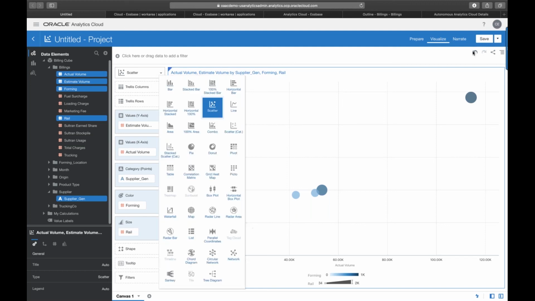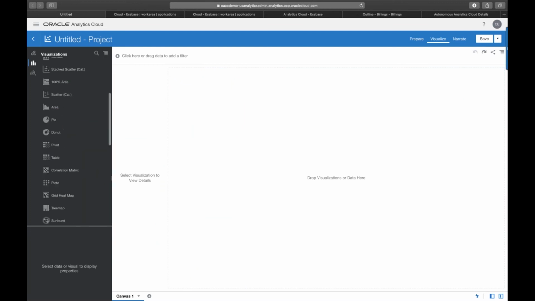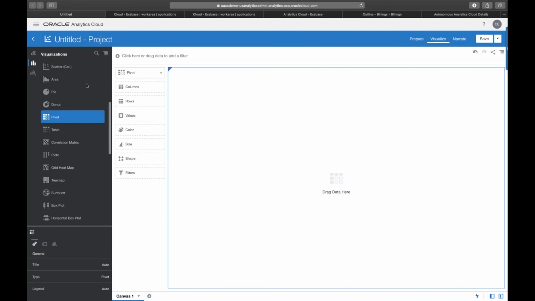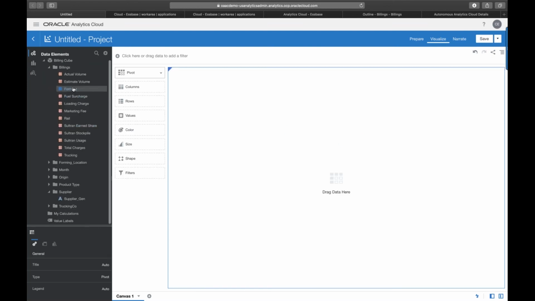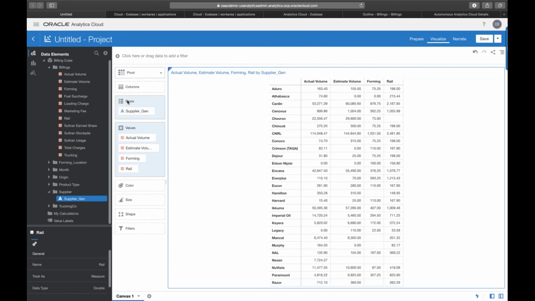So you might be better off going here on the left-hand side and just choosing a pivot. And then what that allows you to do is say, okay, I'm going to take my estimate, rail, et cetera, move those to values, then add my supplier in. Now, the process of building a report obviously is, I hope, for most of us pretty straightforward